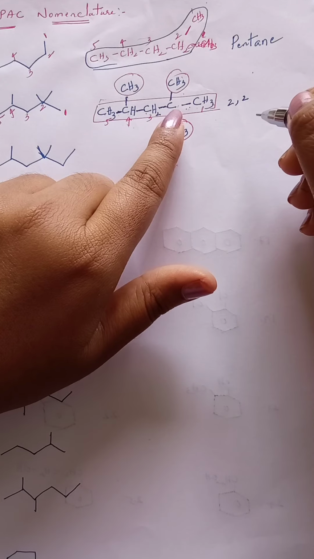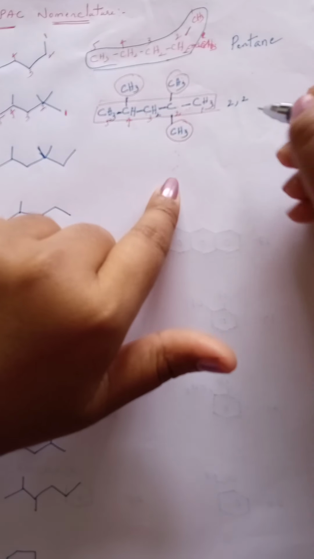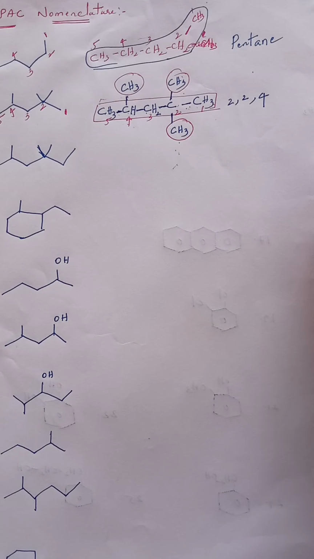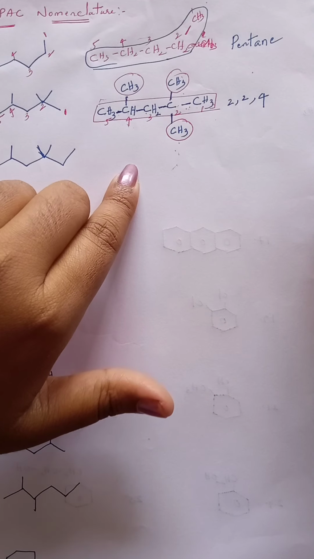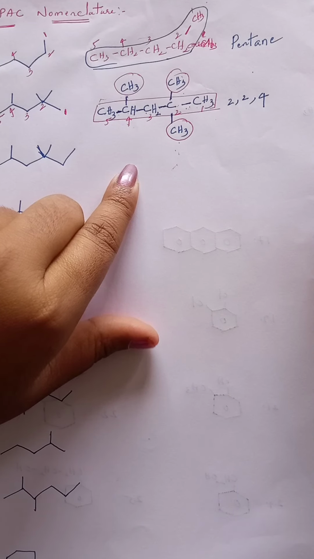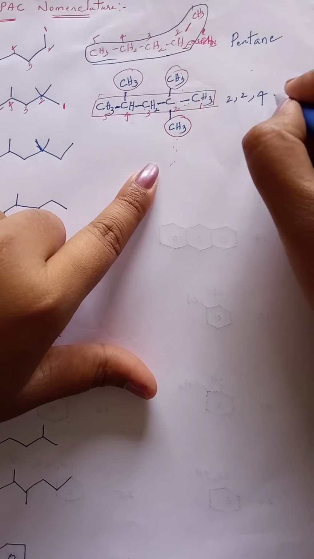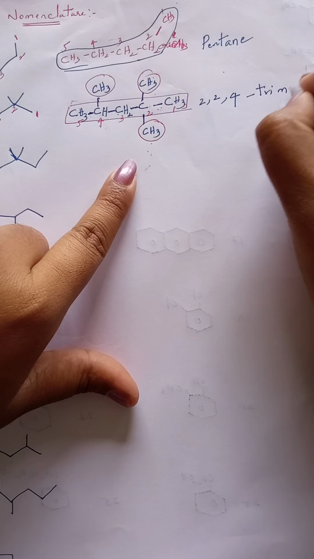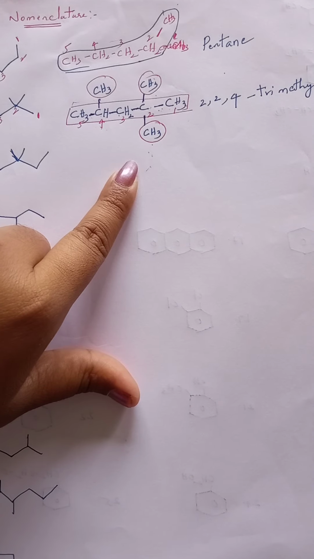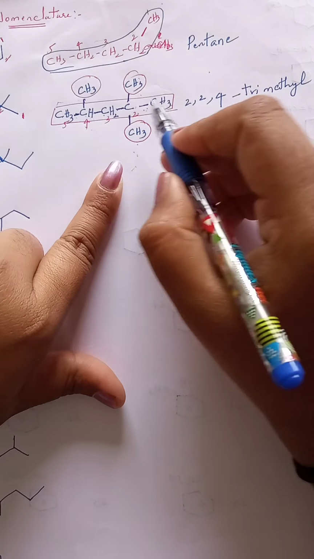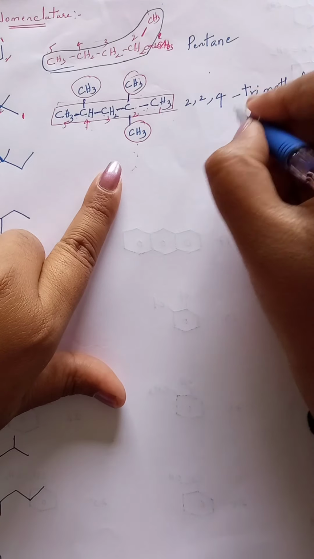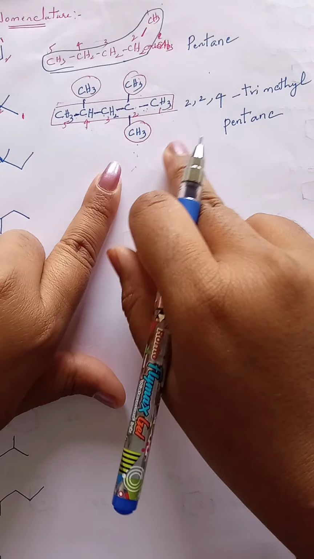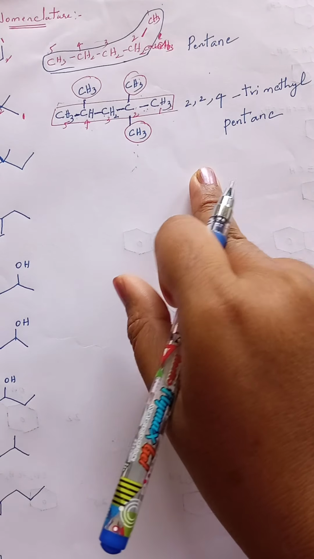Why have I written 2 two times? On the same carbon 2 methyl groups, 2 same groups, are present. 2, 2, 4. And on the fourth carbon also the same group is present. If a group repeats more than once in a compound, then we use a multiplier. What is the multiplier for 3 groups? That is tri, because 3 same groups are there. What is that group? Methyl. Trimethyl. How many carbons are there on the parent chain? 5. Then write word root pent and suffix ane. That's it. 2, 2, 4 trimethylpentane.